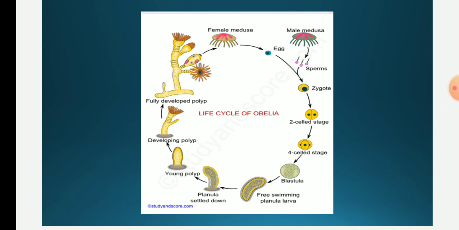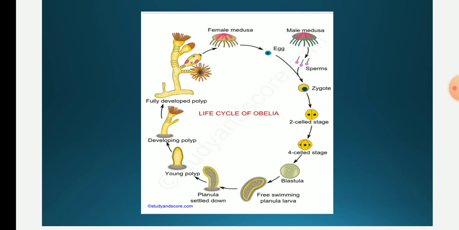The fully matured medusae are released from the blastostyle through the gonopore. Medusae lead a free swimming life. They contain gonads. Sexes are separate in their case. So the male medusa produces sperm and the female medusa produces eggs. The medusae release the gametes, that is either sperm or egg, in the water where they meet and fuse together. Hence the fertilization is external.